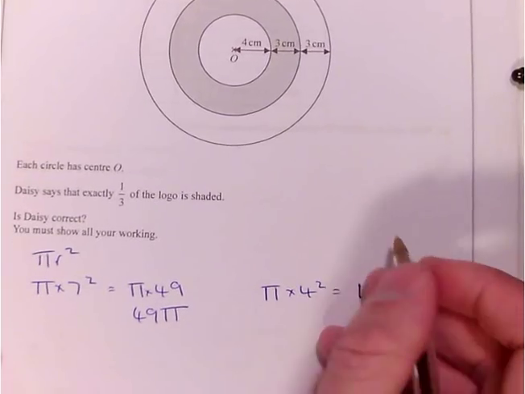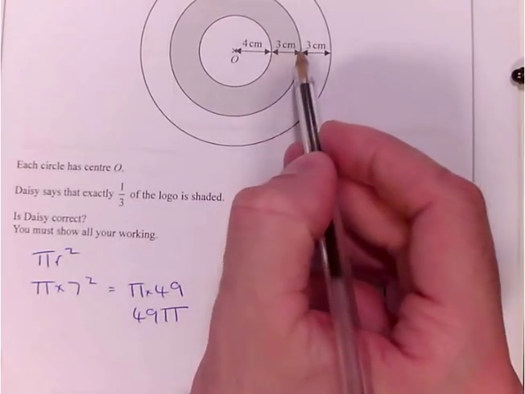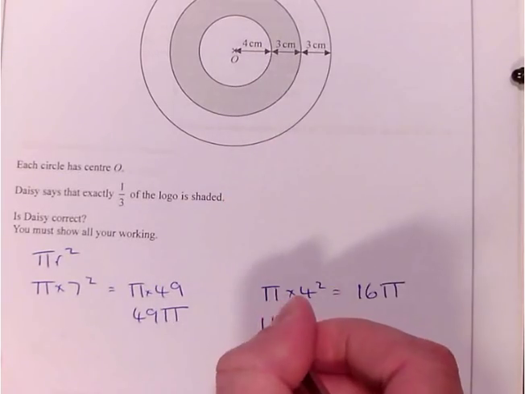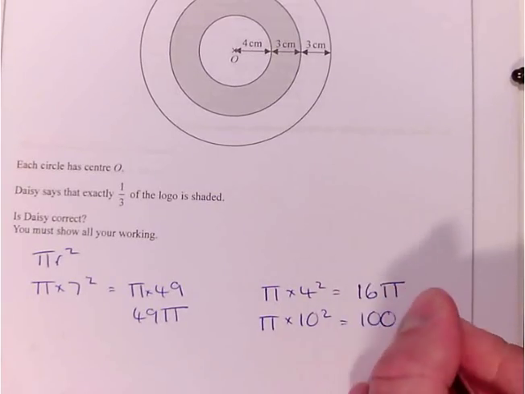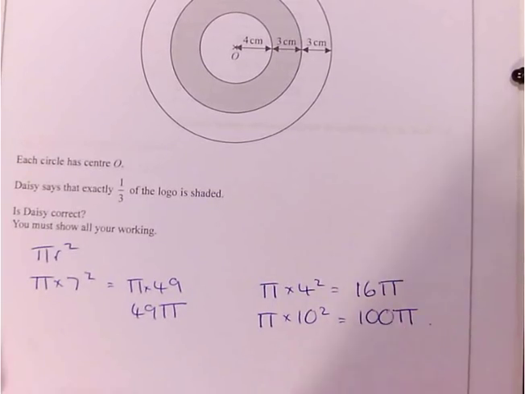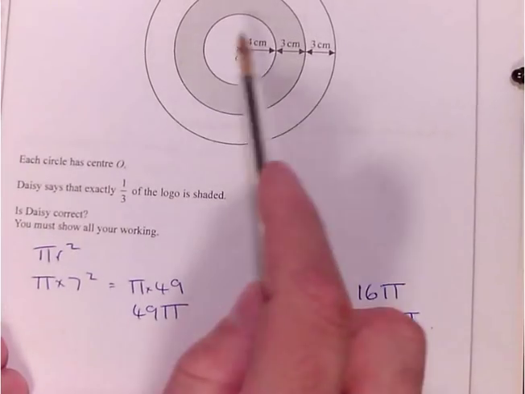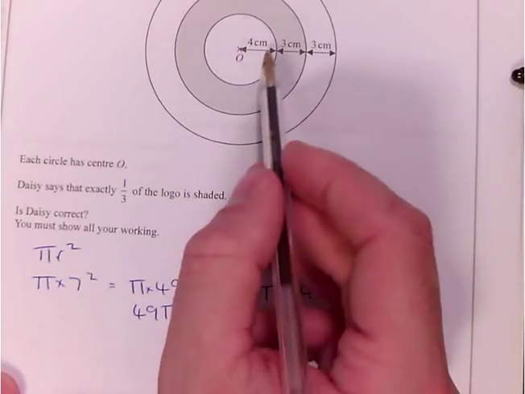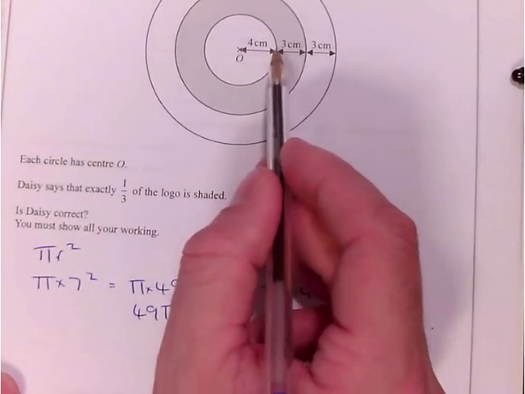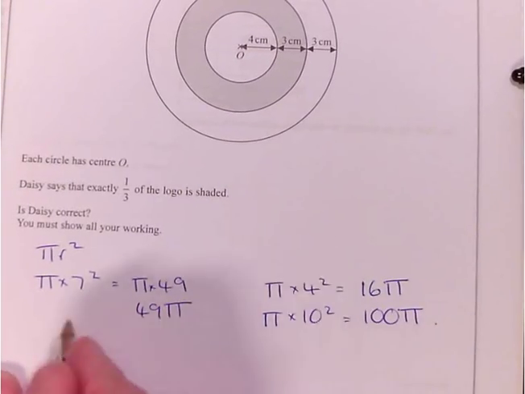And the other one we've got 4 add 3 is 10. Pi times 10 squared, which would be 100. 10 squared is 100 pi. So they're all my areas of all 3 circles. Now remember, the shaded circle was the radius of 7, take away the radius of 4 one. So the radius of 7, so shaded,